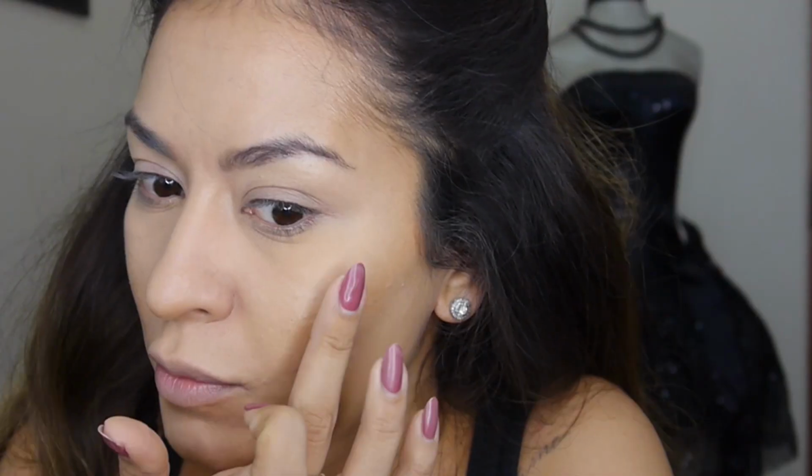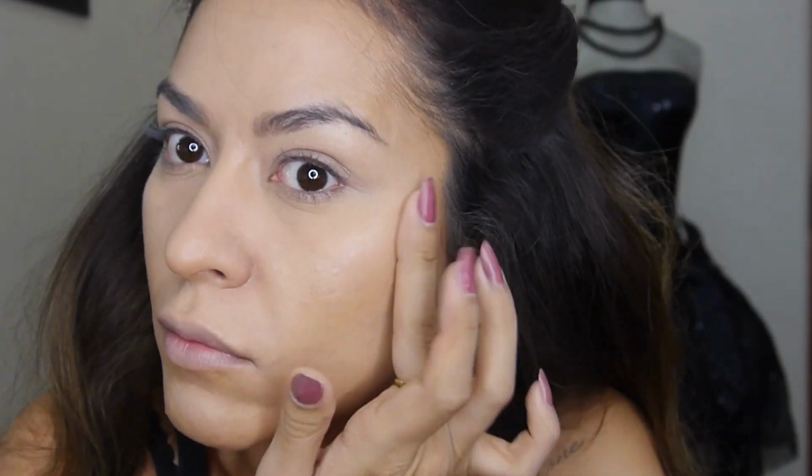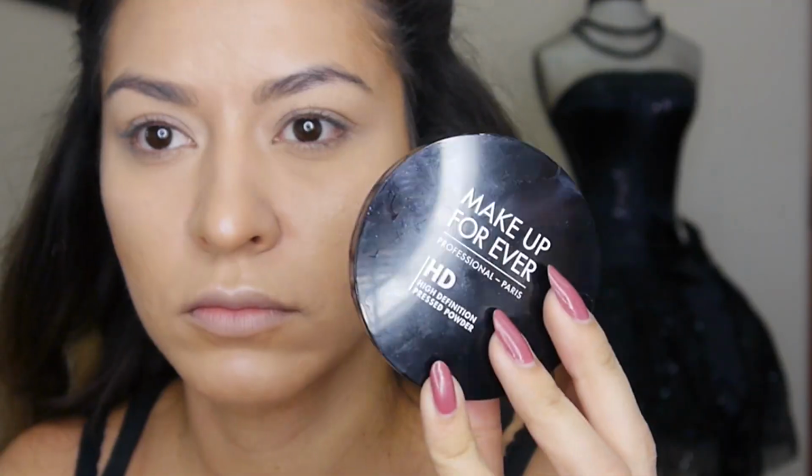And then I'm going to go in and put some High Beam. This is from Benefit. This is a liquid illuminator. And I'm just taking that to the high points of my face. And this is just going to serve as a nice base for when I go in with a powder highlight later on, but it just gives the skin a nice luminosity. And just taking that again to the high points of the face,